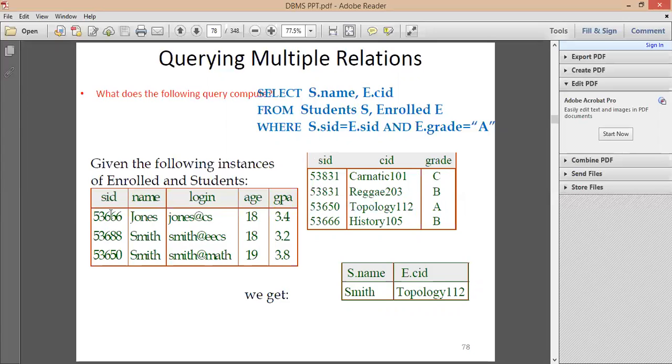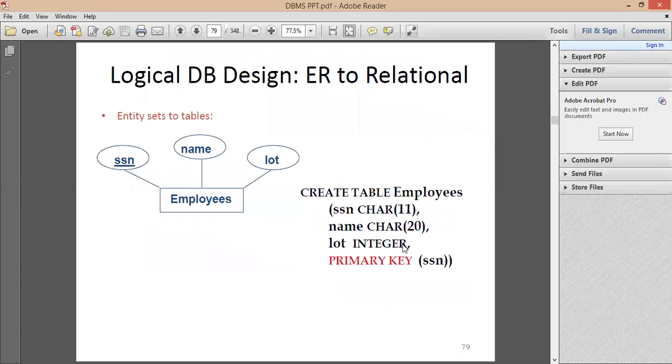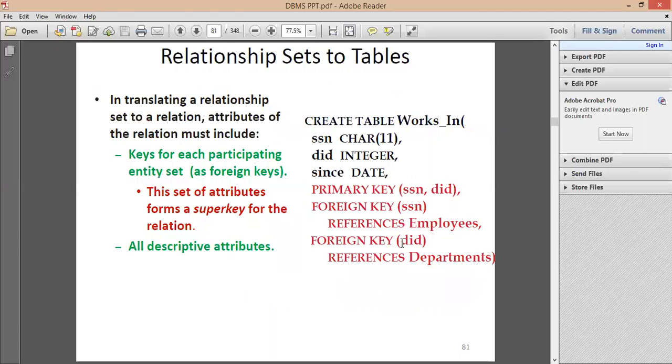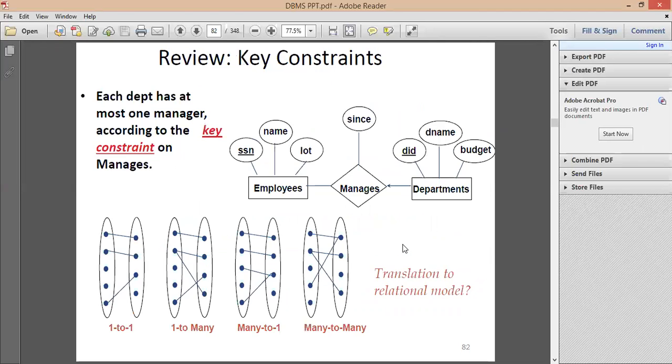So in these two, is there 53650? Yes. So that particular student's name and that CID is displayed. That is nothing but Smith and Topology 112. This we will speak about in the first unit.